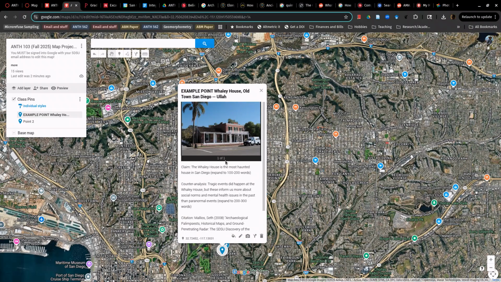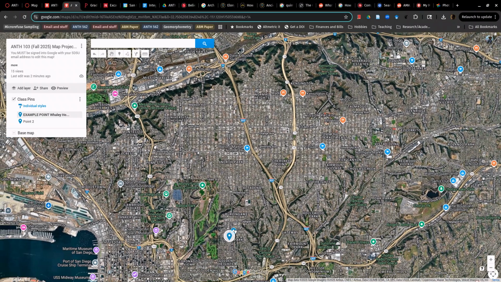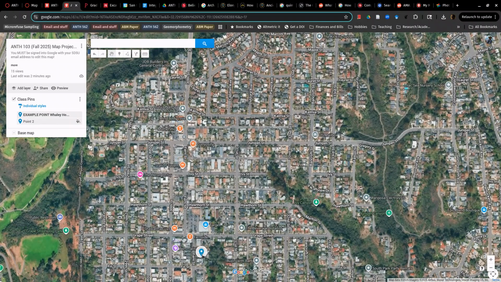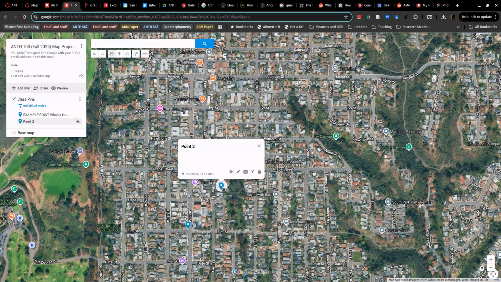And then we have the image here of the Whaley House, just for context. And we're going to be using this map to build our understanding, so you want to make this entertaining and informative for all your other classmates. So I go back to our point that I put down here. You can see that if I